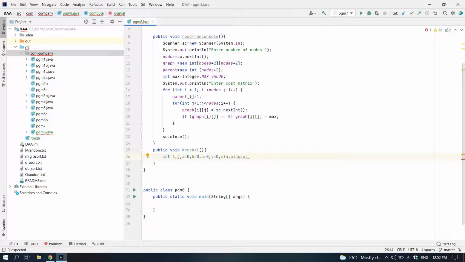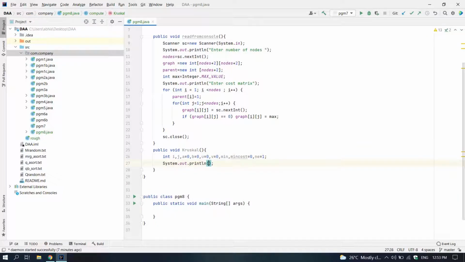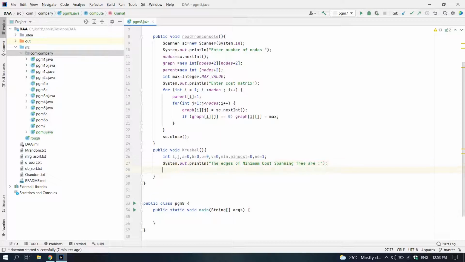So we will write our Kruskal's method now. In this method, we have initialized some variables, that is i, j, a, b, u, v, min, cost, and any. Any is going to display the number of edges while printing the nodes. In the first while loop where n is less than nodes, we are using two for loops.